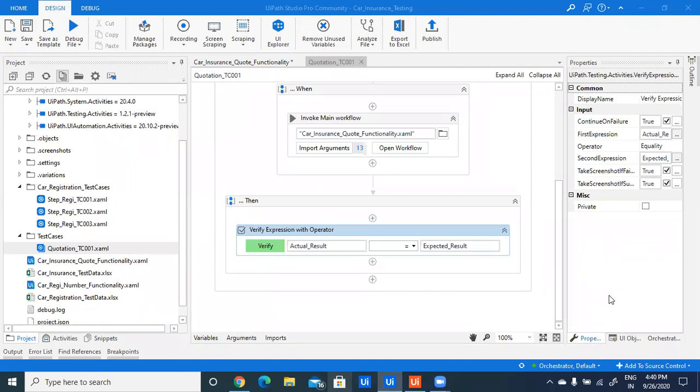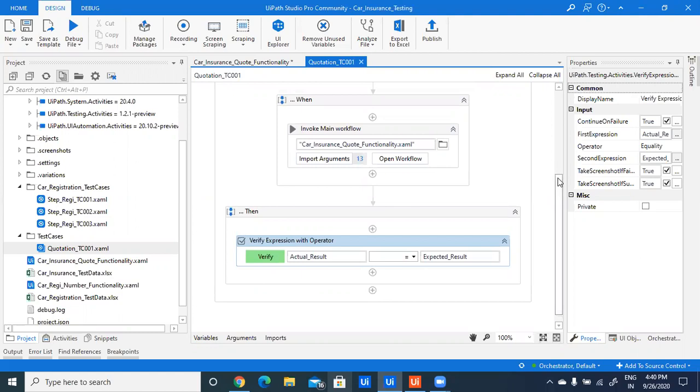We can't hear you. Hi, Sony. Yeah, actually, I want to know if we can integrate a test manager tool, the test management one which you are showing, with Atlassian Jira. So we can integrate our UiPath with different test management tools. So you are saying integration between test management tool and test management tool.